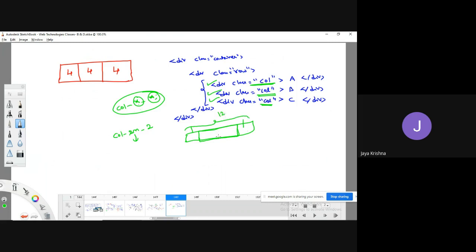Out of 12 parts, if I am able to allocate 6 parts here, this one is 3, this one is 3. If I allocate 4, 4, 8, then here you'll get 4. So this is not possible according to our requirement. Am I right or not? So this is the possibility. If I go for 2 and 2, then here you'll get something like 8. So this is the possibility.